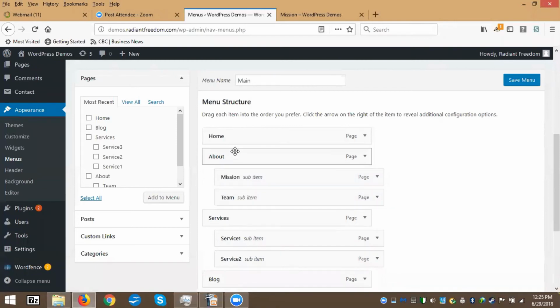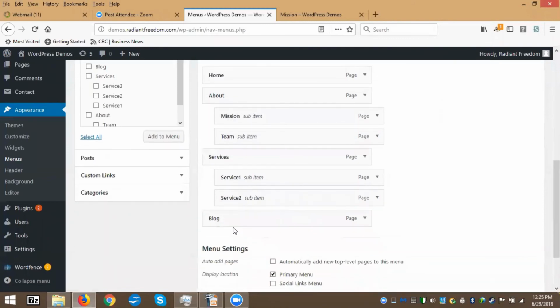The other thing you want to do is make sure these things are organized in the order you want them listed. So in this case, you want Mission first, then Team. At the main level, you want Home, About, Services, Blog, and then normally